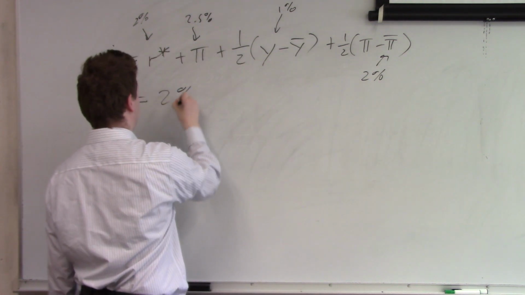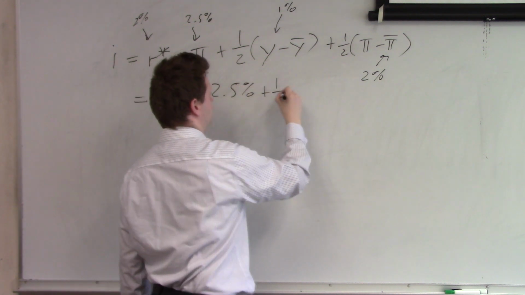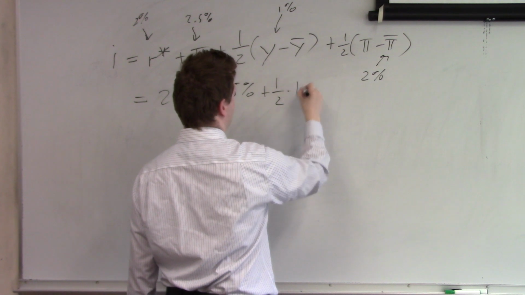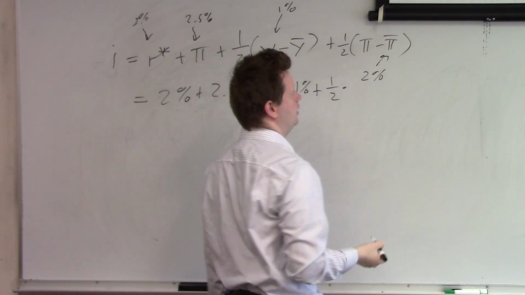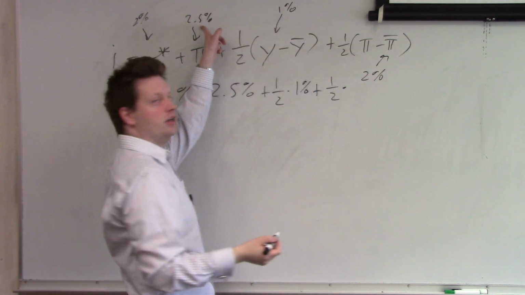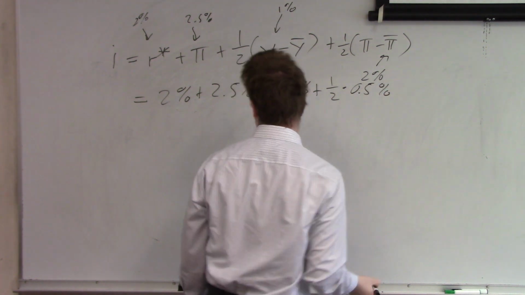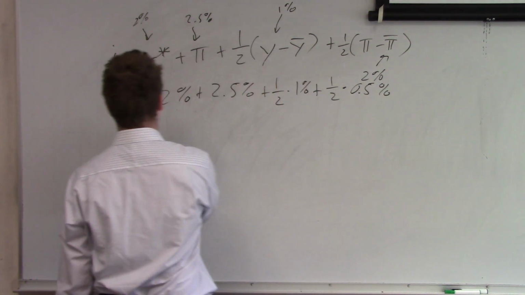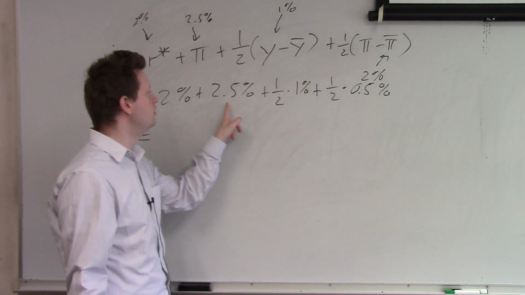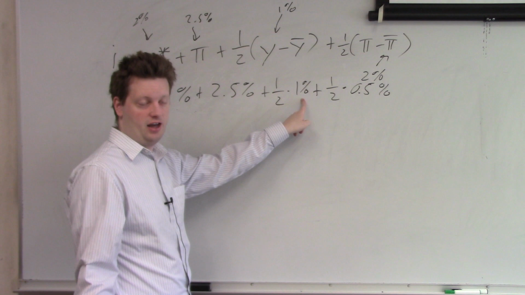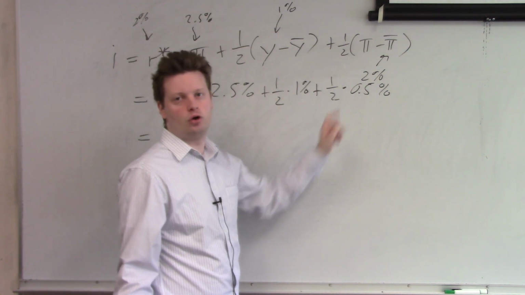We got 2% plus 2.5% plus 1/2 times 1% plus 1/2 times 2.5% minus 2% is 0.5%. Adding all of this up, we get 2 plus 2.5 is 4.5, plus 1/2 times 1 is 1/2, is 5%, adding everything together, and plus 1/4%, so we get